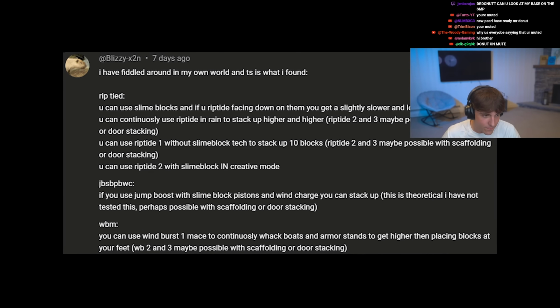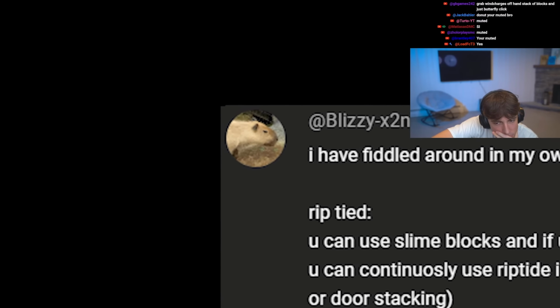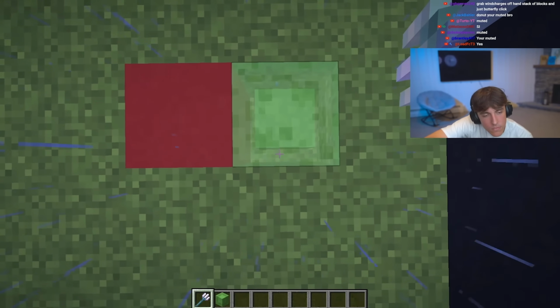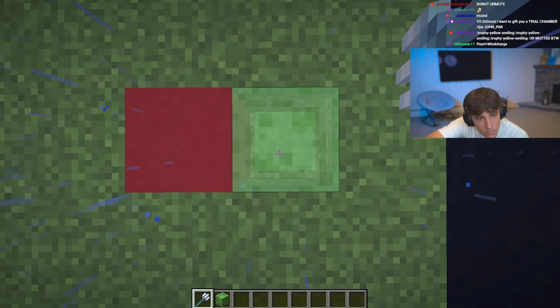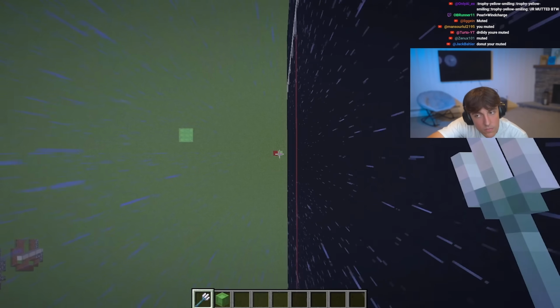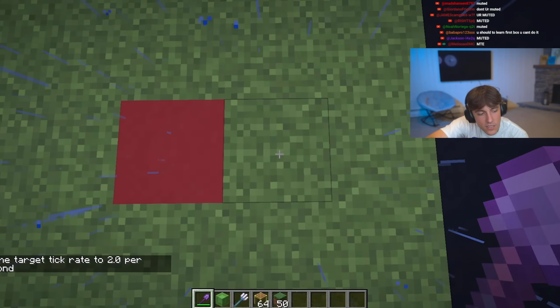Fun fact, this comment also mentioned the piston slime wind charge and the wind burst 3 method, which I had already thought out. I guess this guy's just a genius. But the idea he gave me was dashing into a slime block with Riptide 3 while it was raining. This launches you insanely fast with a top speed of 57.40 blocks per second. To perform this, you have to instantly...